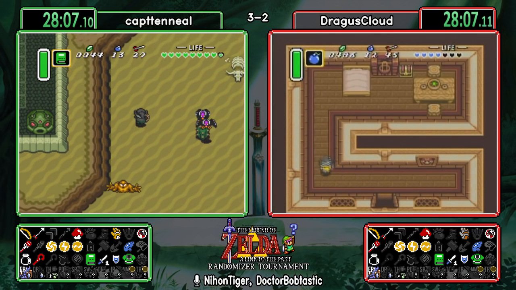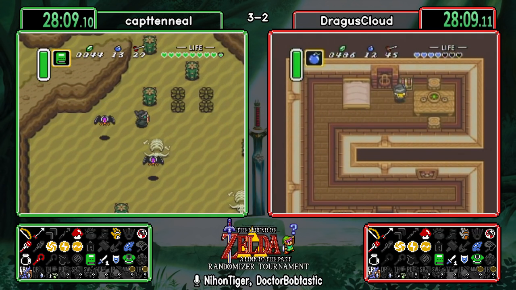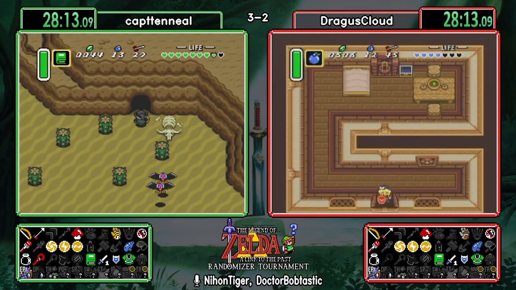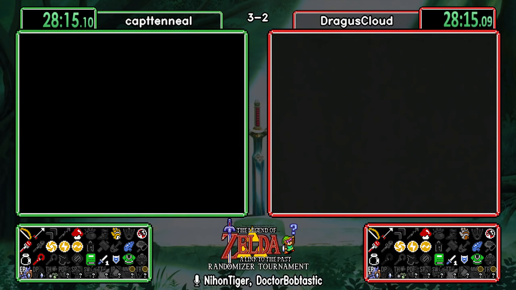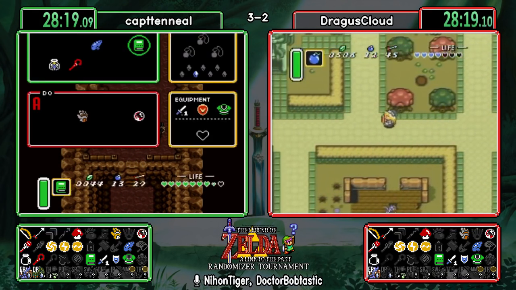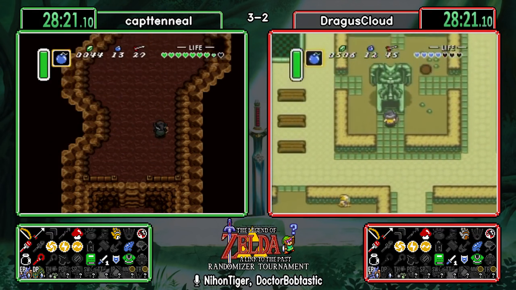But Captain, we do know ahead for certain that you will need to clear Palace of Darkness, Swamp Palace, Skull Woods, Ice Palace, and Turtle Rock before this seed will be completed. Indeed. That does bring up some